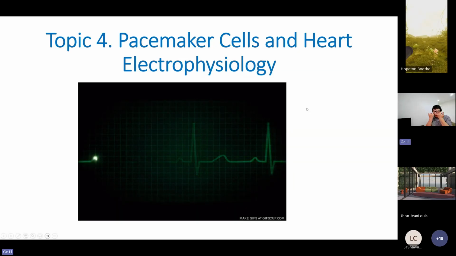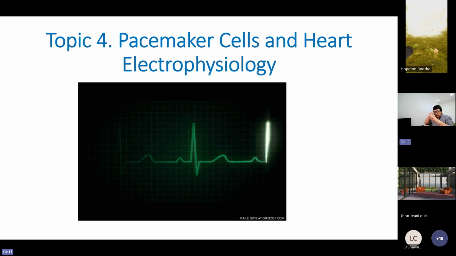Okay, so let's start the second topic. Let me briefly recap the process of what happens in the cardiomyocytes when they contract. Let's go in the forward direction. The action potential comes to a cardiomyocyte, they open up the membrane calcium channel, and the influx of